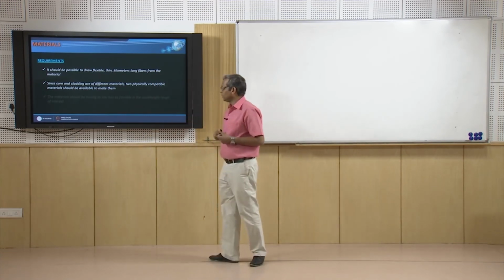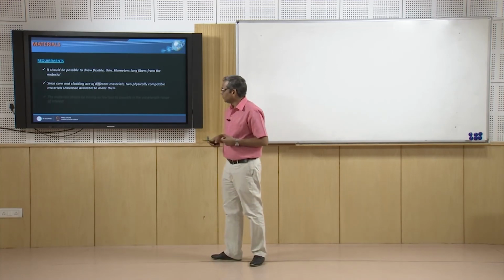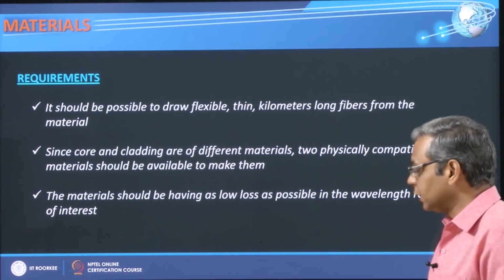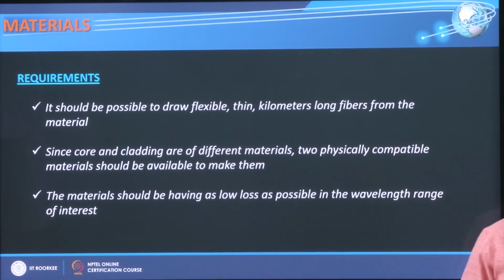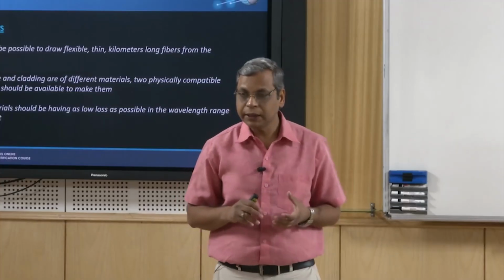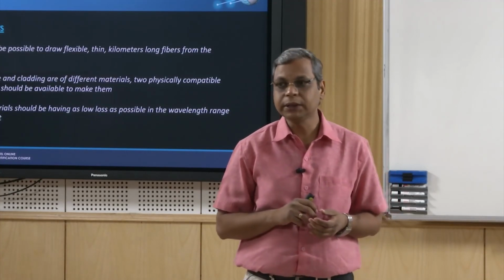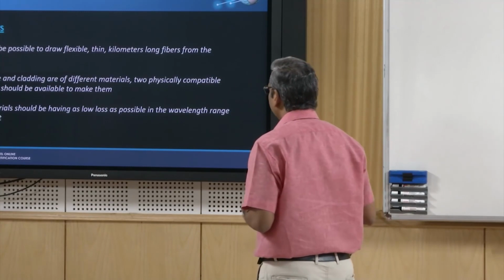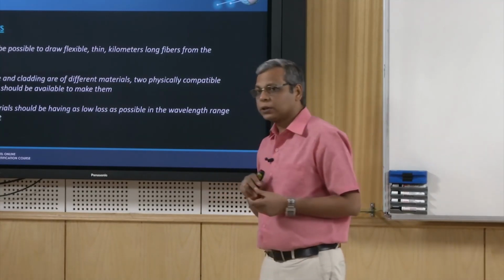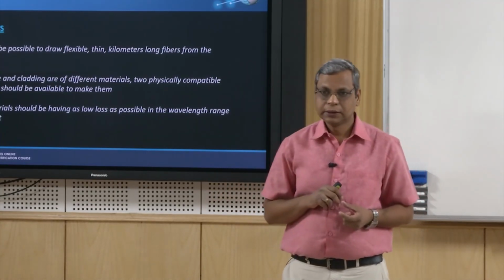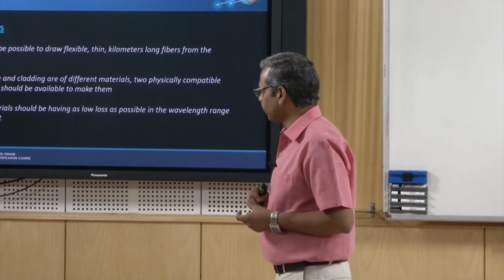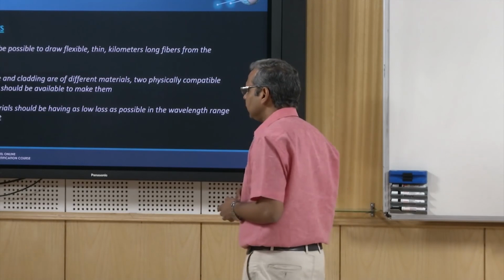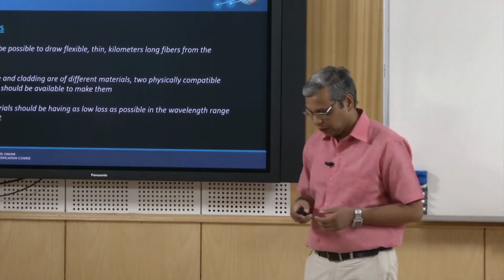So there are orders of magnitude of difference in the loss, but polymer fibers are lightweight and the diameter which you can make is much larger. They are not used for long distance communication, but plastic-clad silica, known as PCS, is very